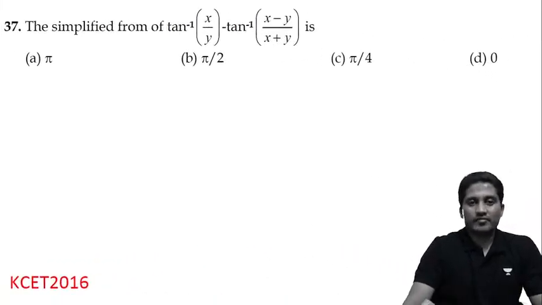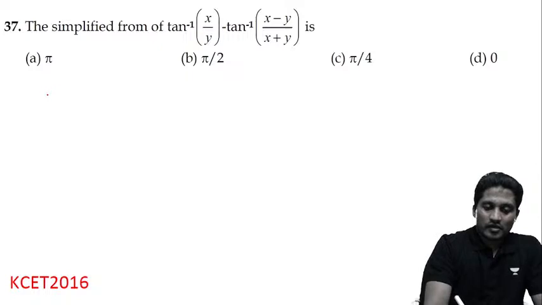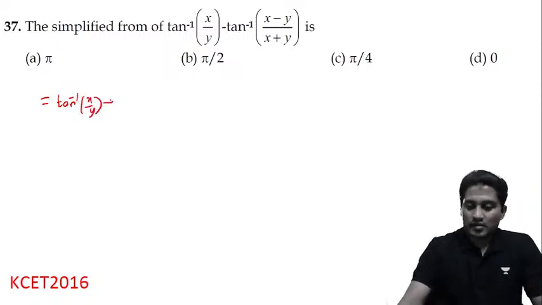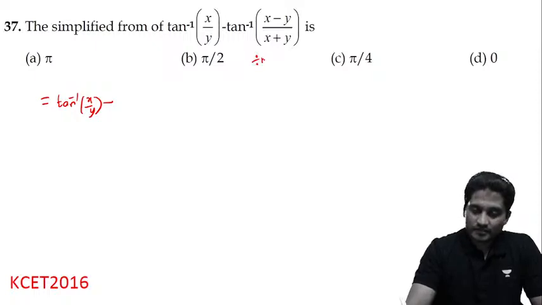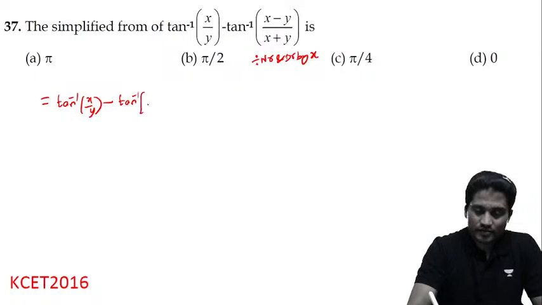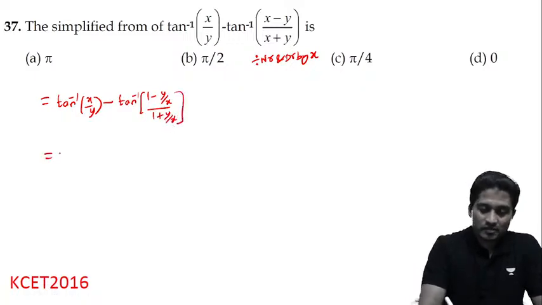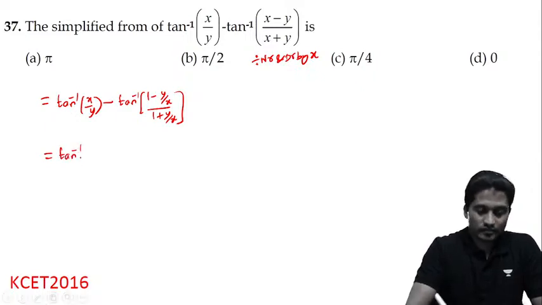The simplified form of tan inverse of x by y. There's a similar question in, I guess, no, this is same as NCERT MCQ only. This is equal to tan inverse of x by y, right? Tan inverse of x by y minus, if I divide numerator and denominator by x, this becomes tan inverse of 1 minus y by x divided by 1 plus y by x. Okay, now this can be written as tan inverse of x by y minus, okay,